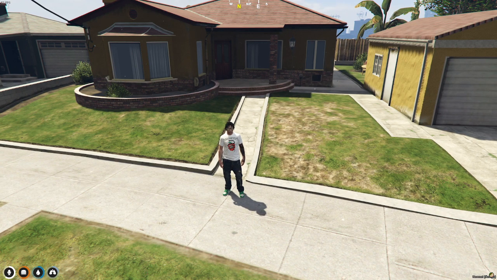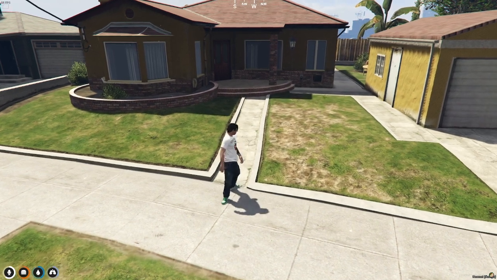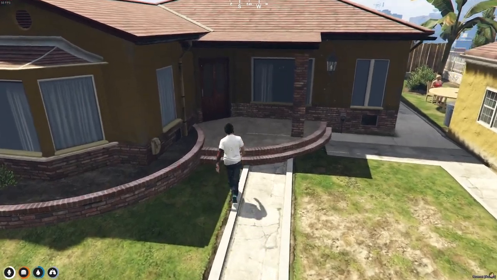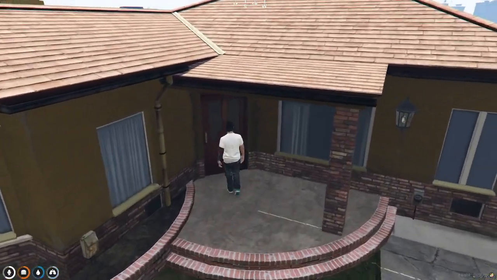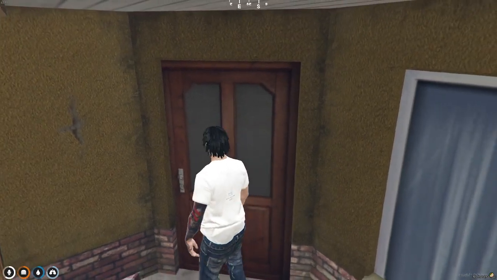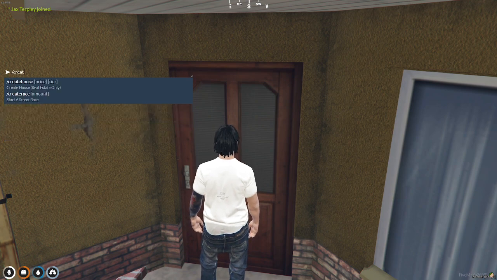All right, let's go ahead and create a video on making a house. So you want to approach a house, you want to get a little bit close to the door. If it's an MLO house, the door will open. Okay, this one's not, so it's just a solid house. So you just walk up to the door here, do create house,